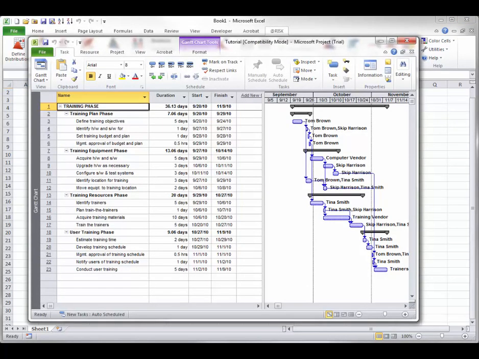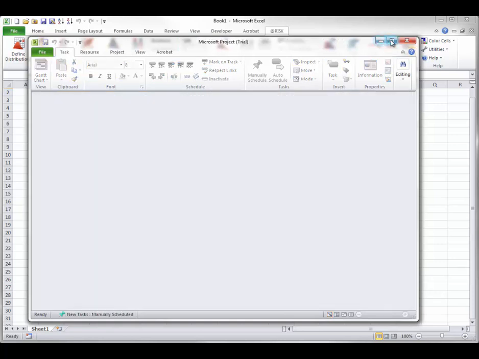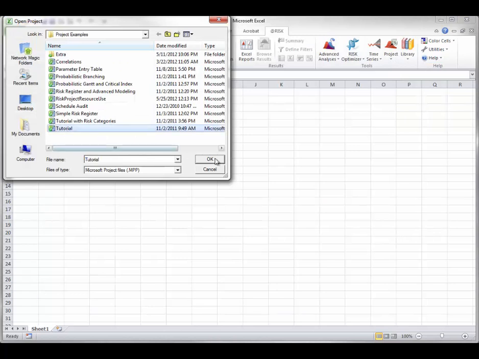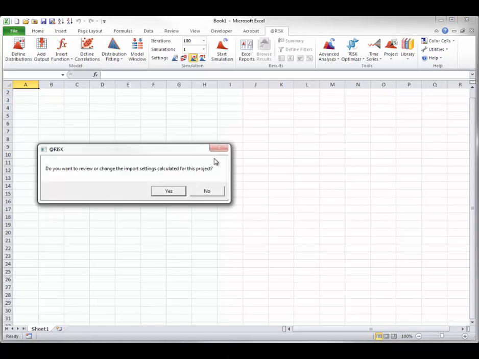The schedule shown here is in Microsoft Project. It is stored in the file tutorial.mpp, available from the @RISK example files. To import this project into @RISK, you select Import MPP File from the Project dropdown on the @RISK ribbon and locate the file. Note that this file doesn't need to be open in Microsoft Project. In fact, Microsoft Project doesn't even need to be open, but it will launch